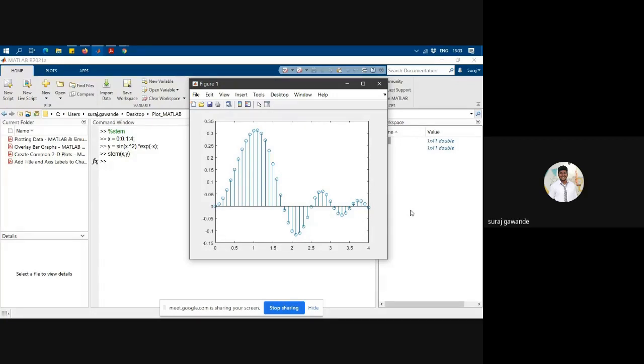Now let's go ahead and see how we can plot a scatter plot. We are all quite aware of the scatter plot. So let's understand how we can plot a scatter plot in